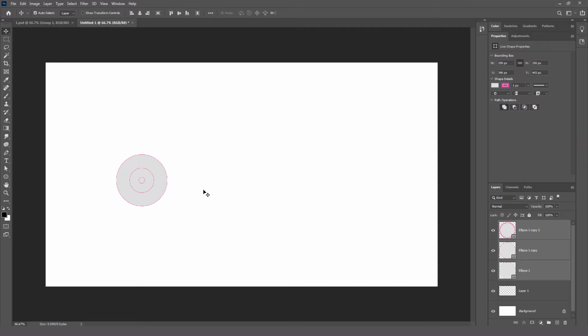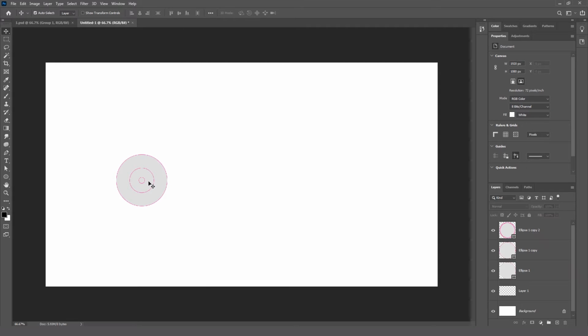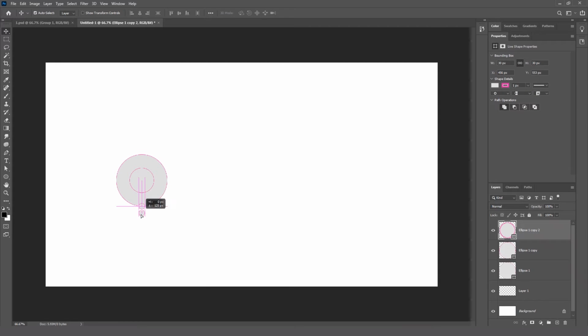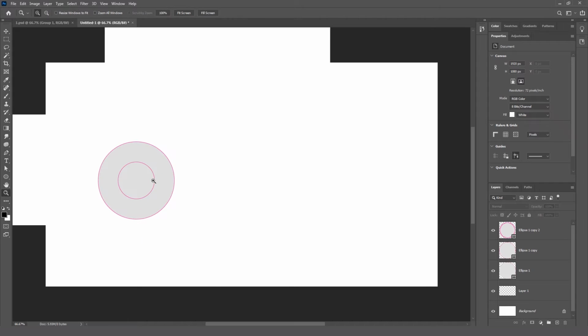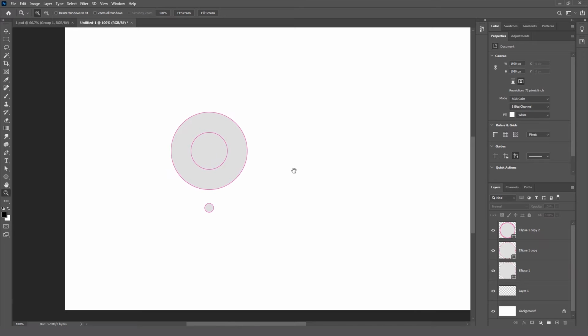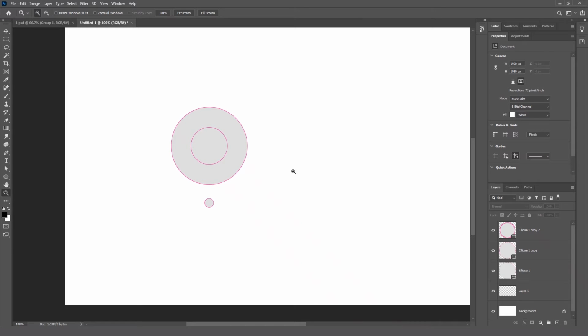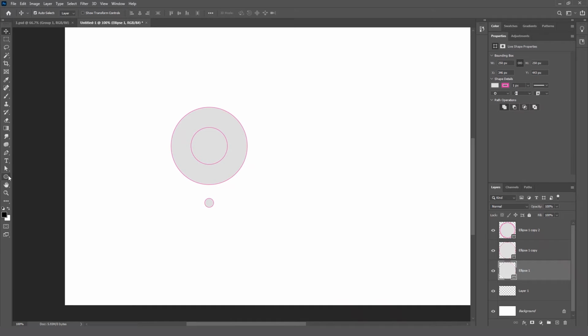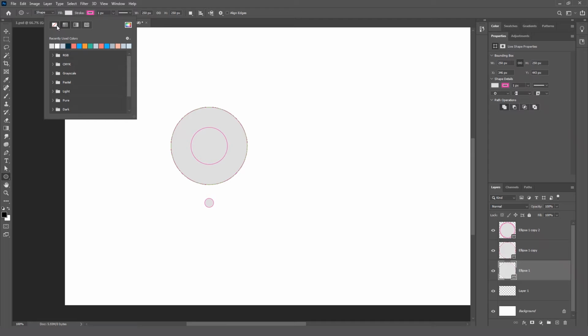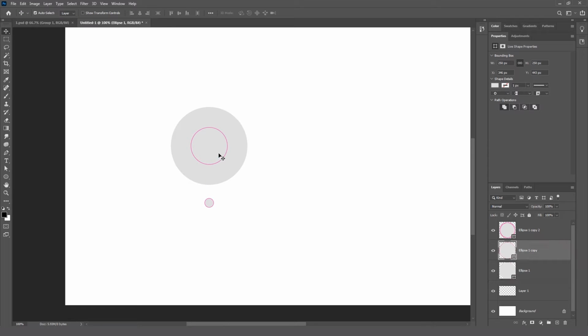I just want this circle to be over here, and I'm just checking these things. Now I'm going to remove the stroke for all the circles over here. I don't want a stroke here, so I'm going to remove the strokes by selecting them.